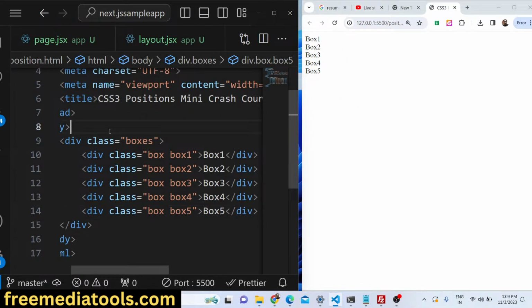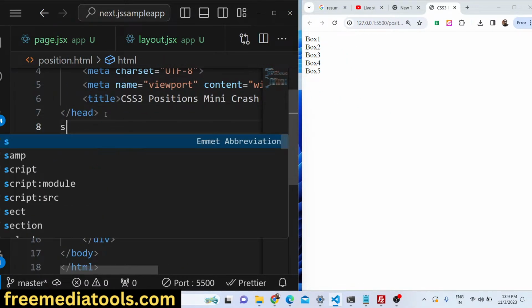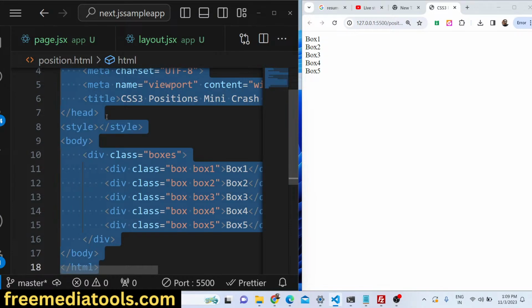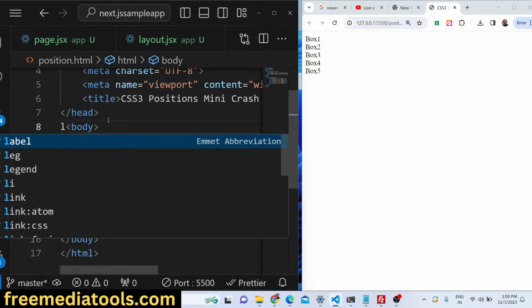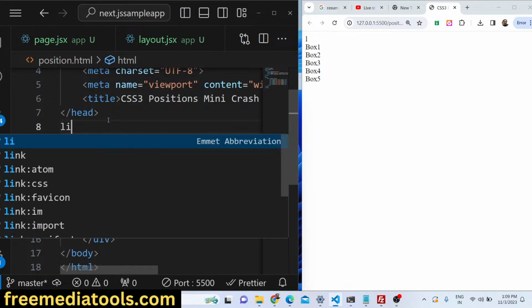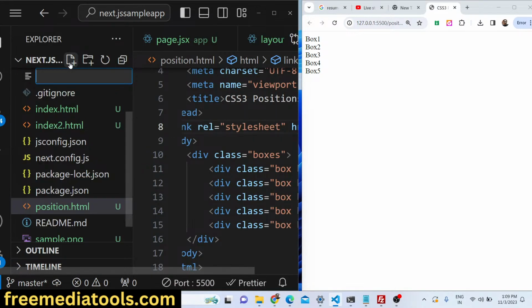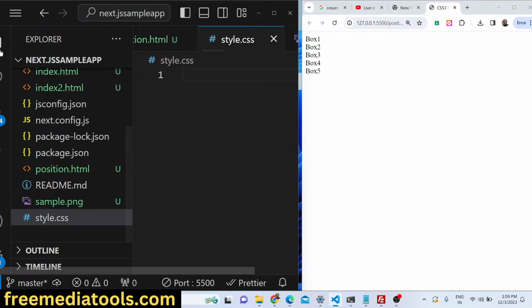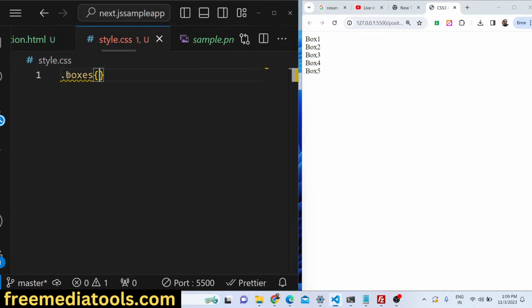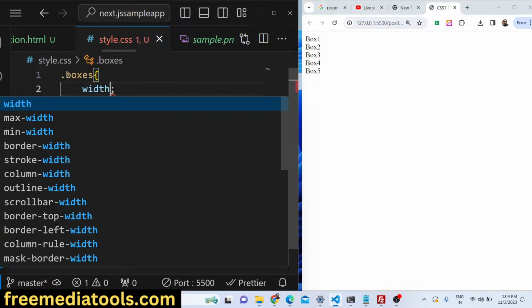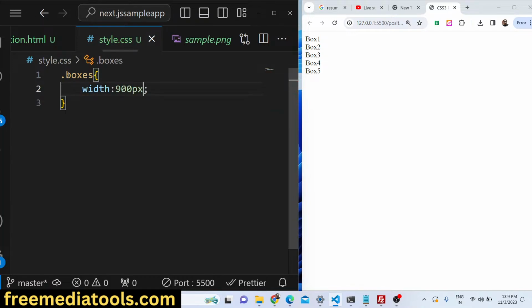Now I will show you what the positions are all about. So here we can put a style tag, or we can create an external file and include it, called style.css. So let me just create a file called style.css. Inside this file, guys, let me first give it a width of 900 pixel and a height of 100 pixel